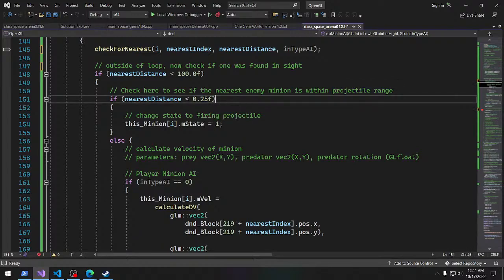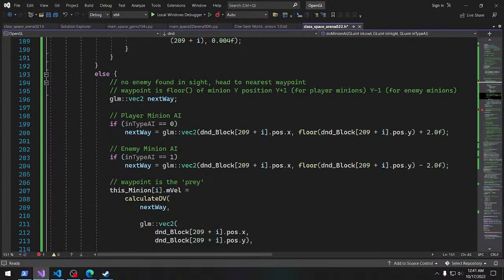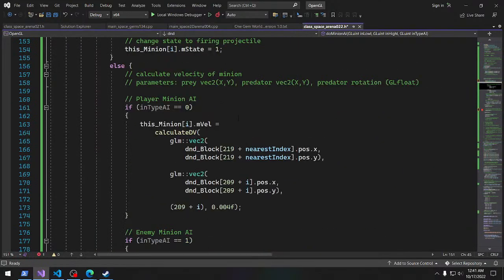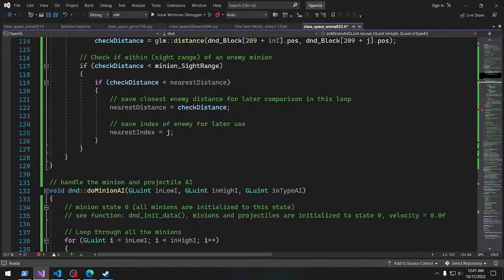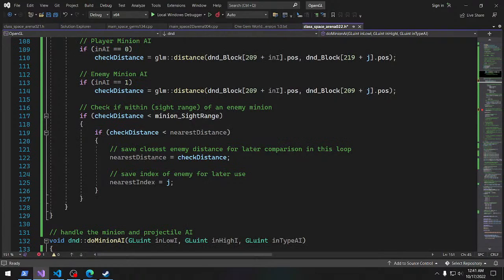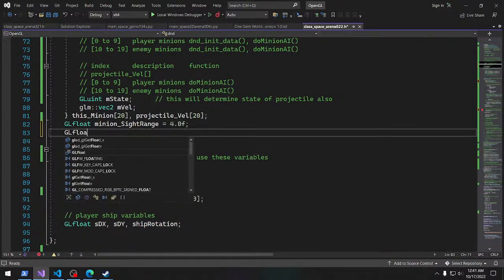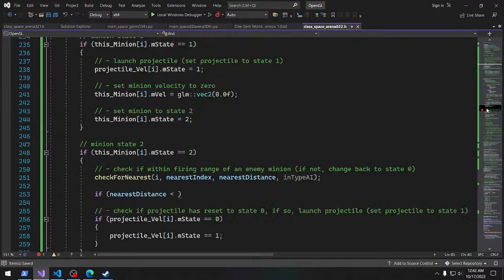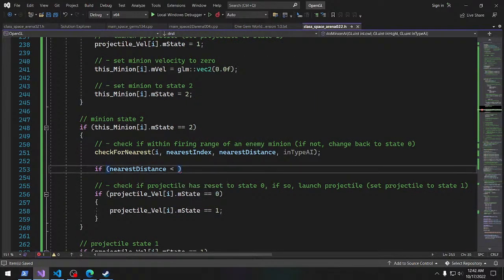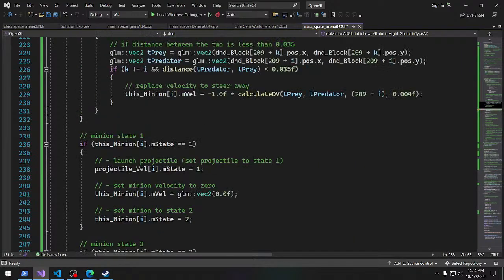Let's change this right here. Just like we had the other one, we have where'd that variable go? Minion sight range. So let's go minion firing range. So then down here, and then up here when we are looking for that,